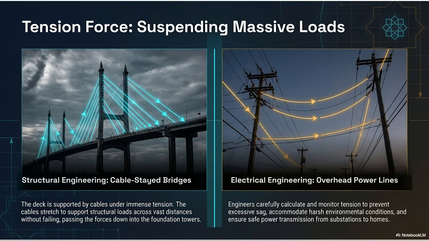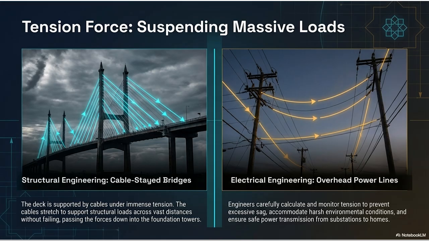So the cables are pulling the road up? Yes. The entire weight of the cars, the concrete, the asphalt, it all pulls downward due to gravity. That downward force aggressively stretches the cables. The cables are under immense tension, but steel possesses this fascinating material property. It is exceptionally strong under tension. You could pull a steel cable incredibly hard before its molecular structure yields and snaps. So the cables take all that heavy downward force from the cars, stretch super tight, and pass that force up to the top of the tower, which then compresses down into a single massive foundation. Right, it routes the invisible forces completely around the empty space above the water.